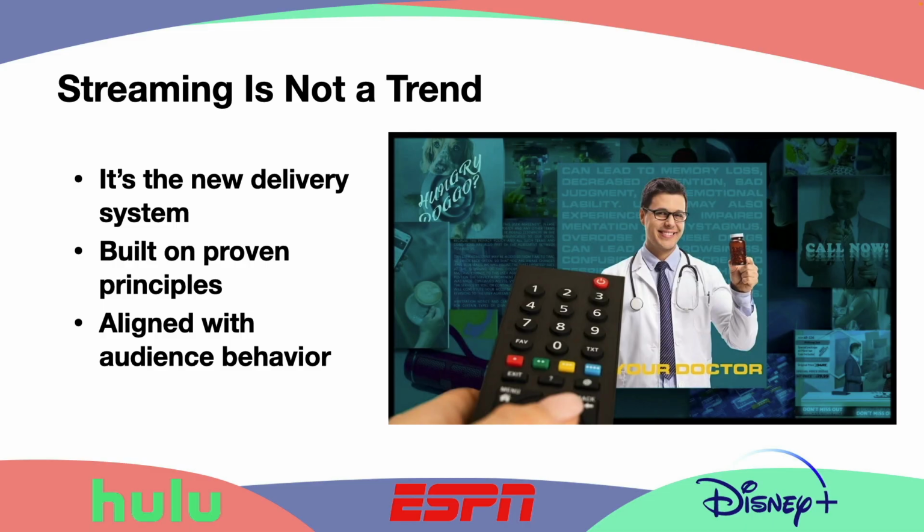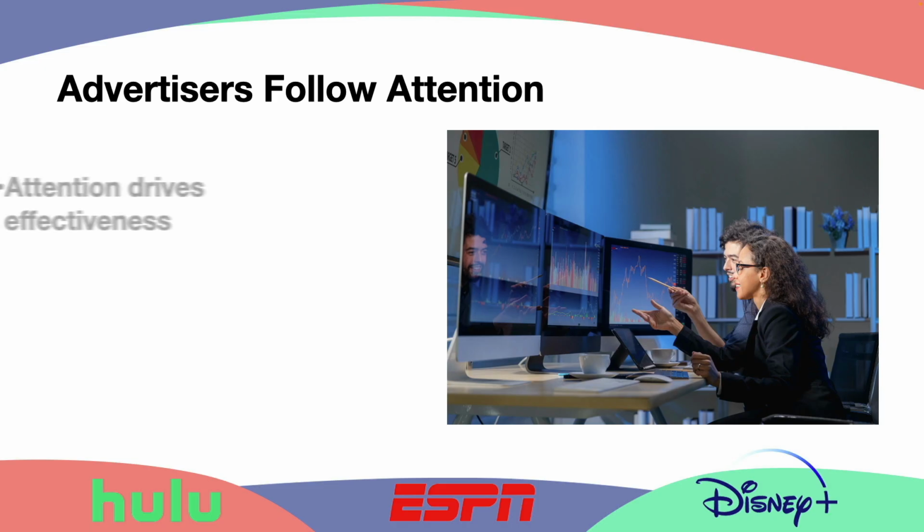You also get to control your budgets. You decide how much you want to spend. Okay? This is great for businesses that maybe want to hit a small area and don't have a huge budget. You can still get very effective advertising for a very low price if you're doing that. So now these businesses can control their budgets and still appear in premium environments that they previously thought were completely out of reach to them. Streaming removes the structural barriers that excluded them before.